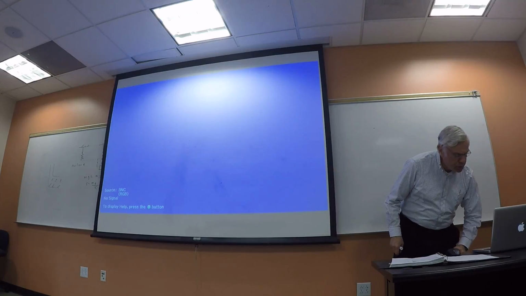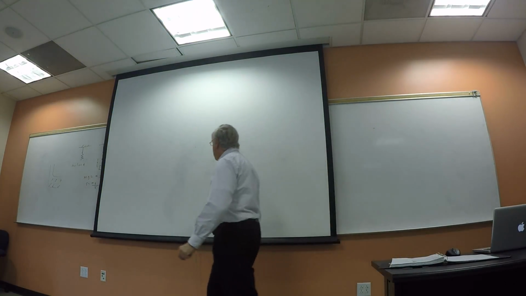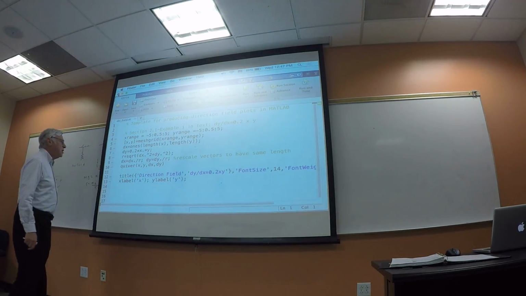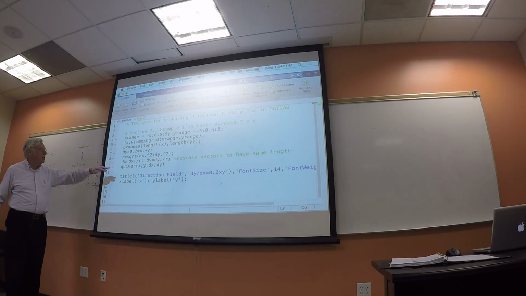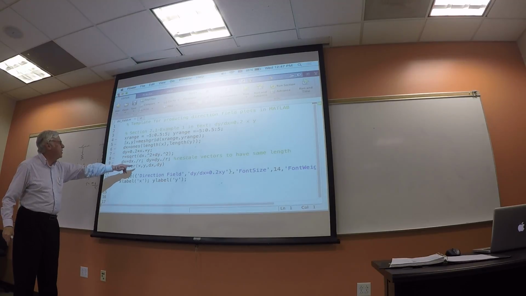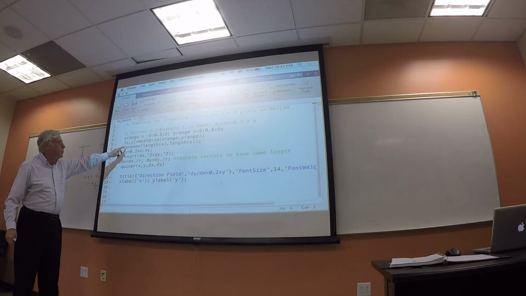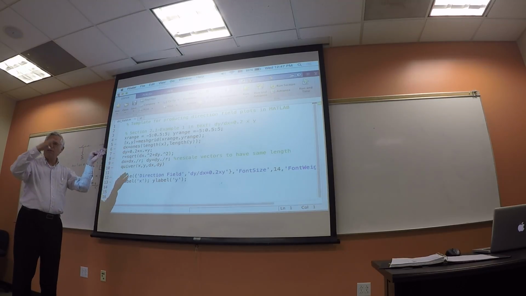So what quiver will do is, look at quiver, how many arguments? That's x, y. Normally the way you use quiver is you do quiver, the x and the y, remember that's the range basically. And notice when I do quiver, the x, y is that crazy thing from meshgrid. But essentially, just think of x and y as telling you where